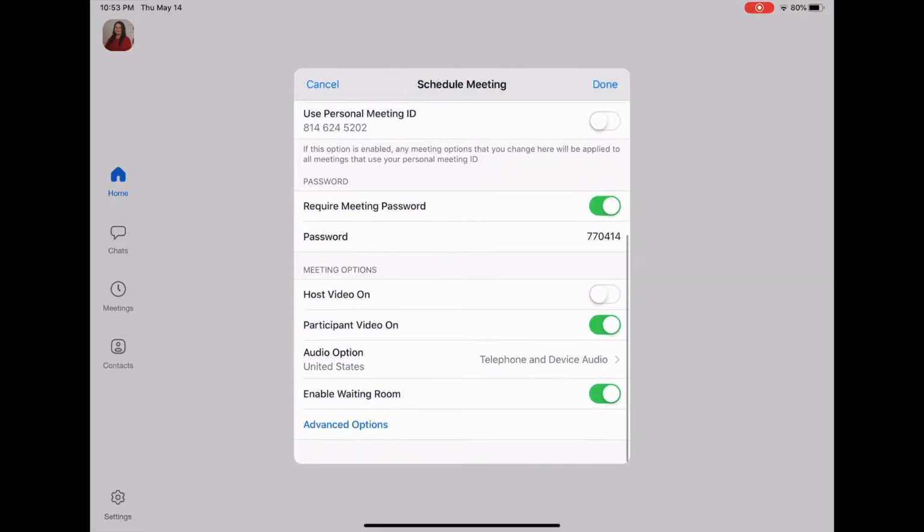enable waiting room. Ms. Lott just sent out a text message just a few minutes ago, and she is requesting that we all turn off the waiting room feature for our awards day Zooms. So if it's green, click it again, it'll turn white, and that will turn it off. A waiting room is,